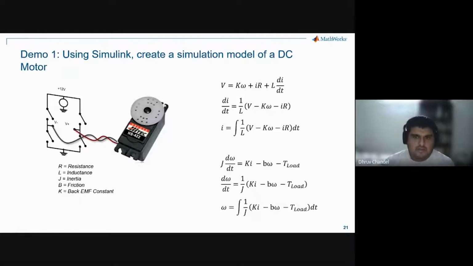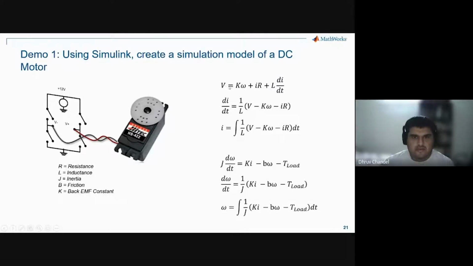Okay, so just to give you a little bit of background, I hope you've all seen these kinds of equations before. There are two equations that govern a DC motor. The first equation defines the relationship between the electrical components.